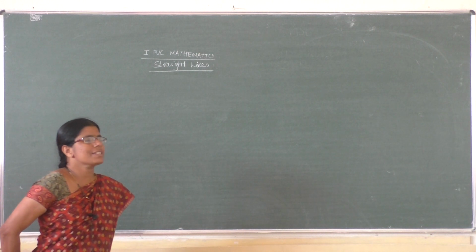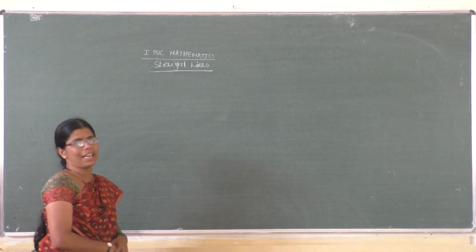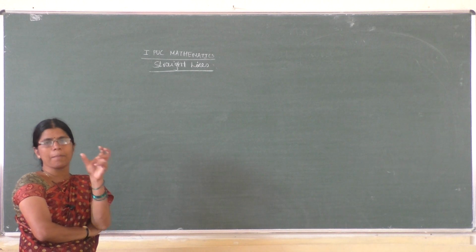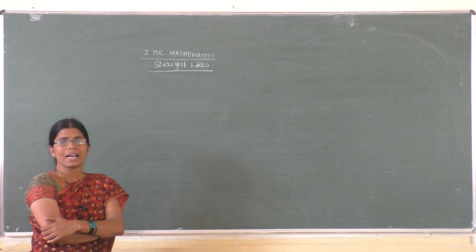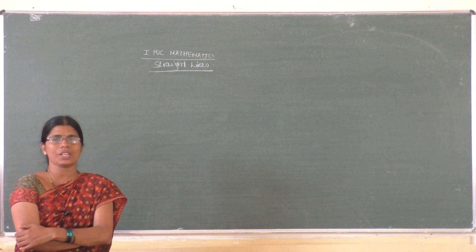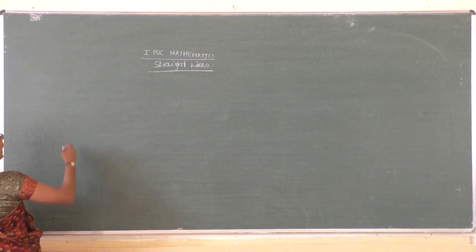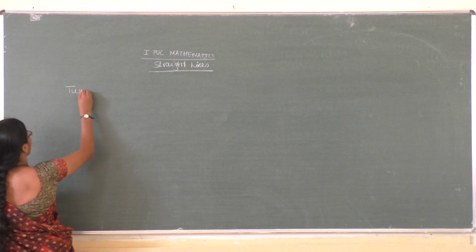And also we solved some problems, that means we found the equation of a line which has a particular slope and passes through a particular point. Now we have to take the equation of a straight line in another form. That form is the 2-point form.